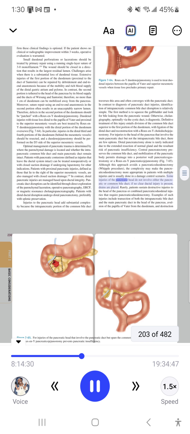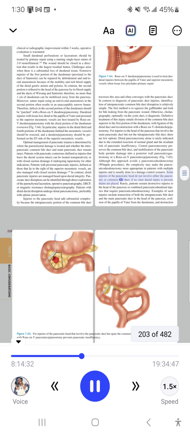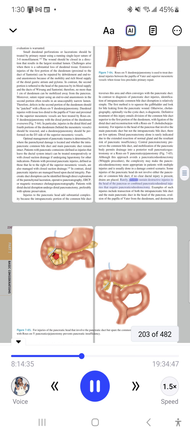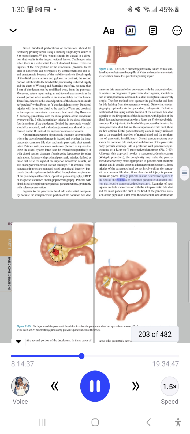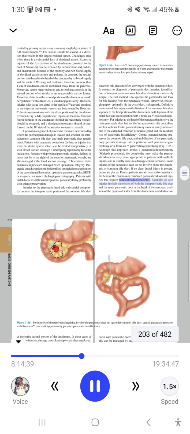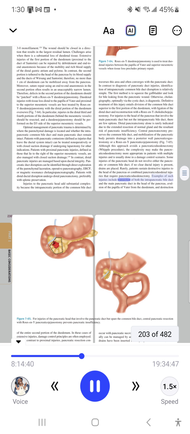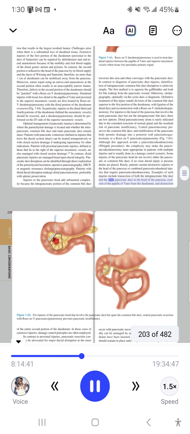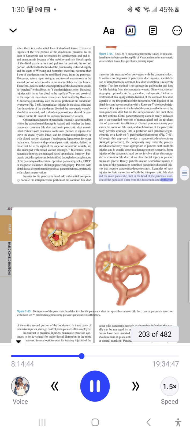Some injuries of the pancreatic head do not involve either the pancreatic or common bile duct. If no clear ductal injury is present, drains are placed. Rarely, patients sustain destructive injuries to the head of the pancreas or combined pancreaticoduodenal injuries that require pancreaticoduodenectomy. Examples of such injuries include transection of both the intrapancreatic bile duct and the main pancreatic duct in the head of the pancreas, avulsion of the papilla of Vater from the duodenum, and destruction